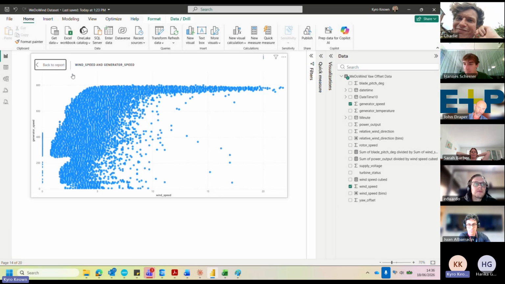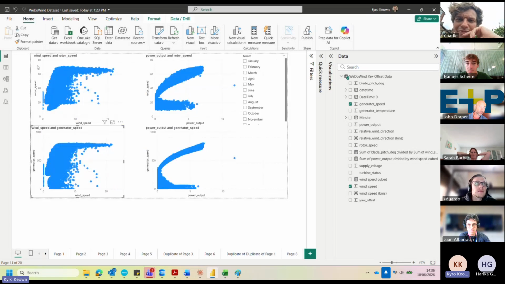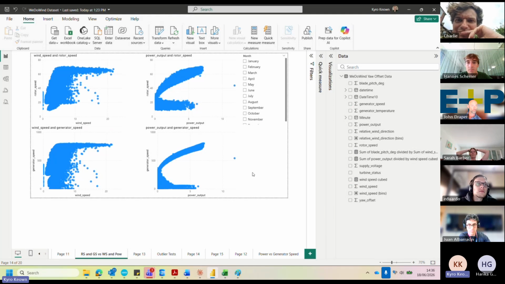So I suppose in conclusion, there are some quite substantial issues with the data set itself. But the main thing, I suppose, is what Juan mentioned earlier: the power curve has such an enormous spread of values in each wind speed bin, well beyond what's actually physically possible during normal operation.